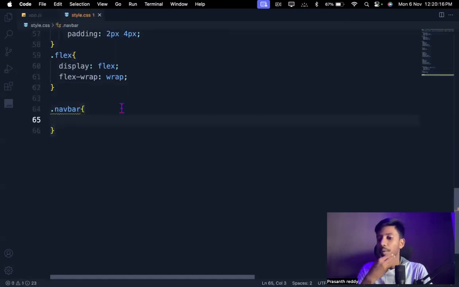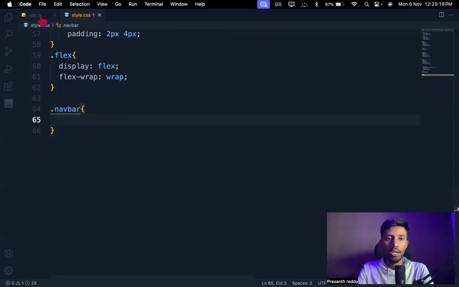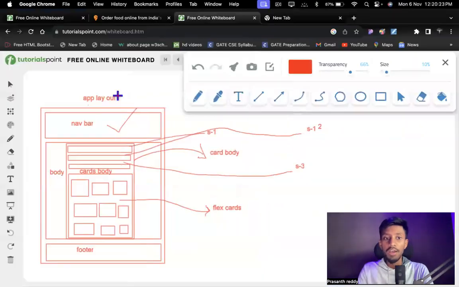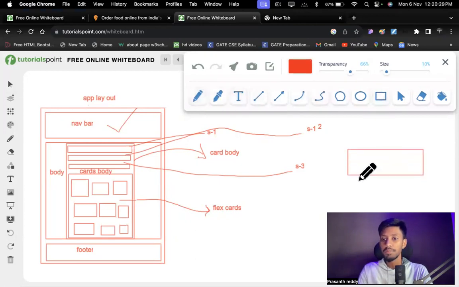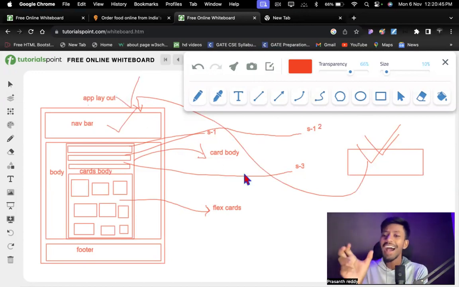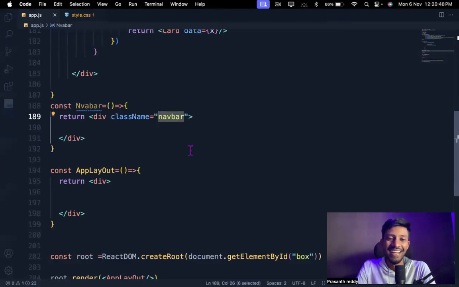Okay, we have taken the nav. Now what's the next row, guys? Let's go here inside the app pages. Inside this app layout, we just built our app layout externally. Now I want to push this navbar into my app layout. How to push it? App layout is one functional component, and I want to push another functional component, the navbar, into it. How to do it? Yeah, exactly, the Angular-based structure, right?